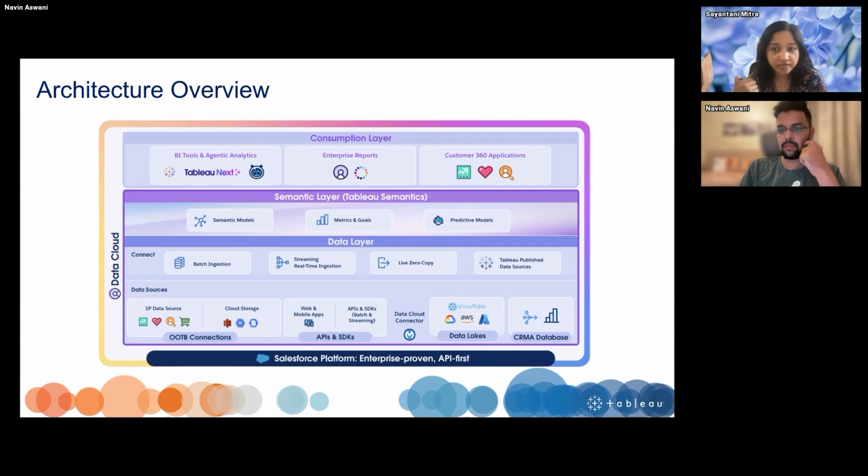Your Pulse data, if you're using that, becomes easier. And of course, it's a customer 360 application, so you can embed it not just in Salesforce records, but in the near future, even for your customers who are on Experience Cloud. So that's coming, but not yet there. Next slide, please, Naveen.